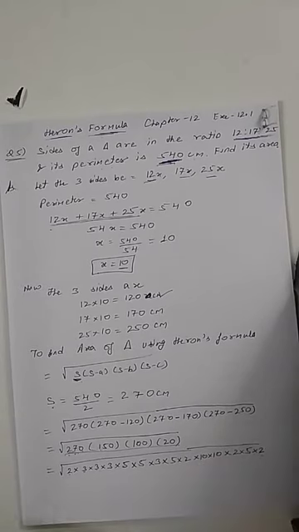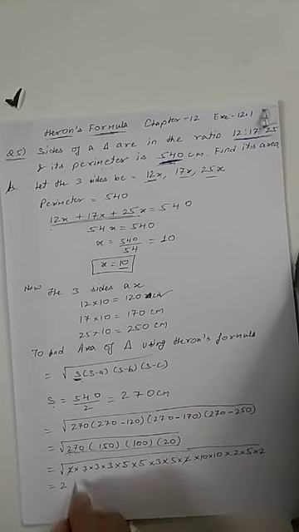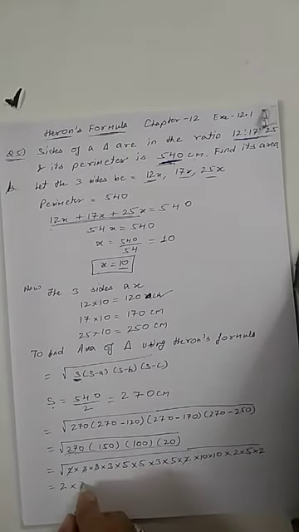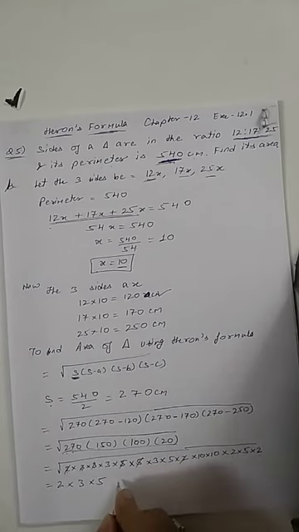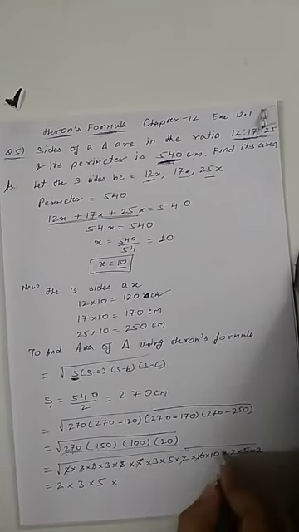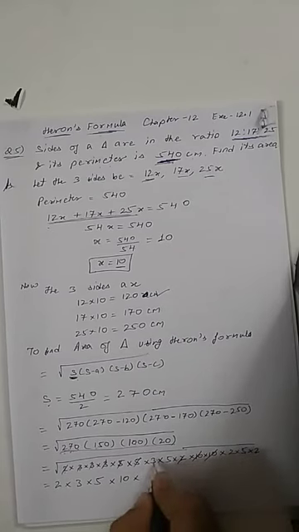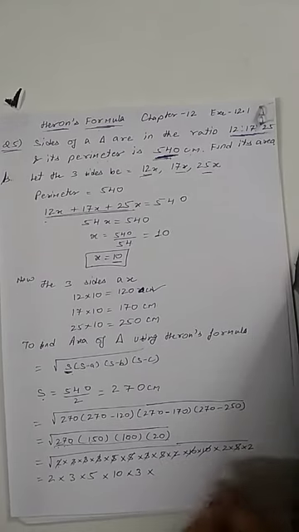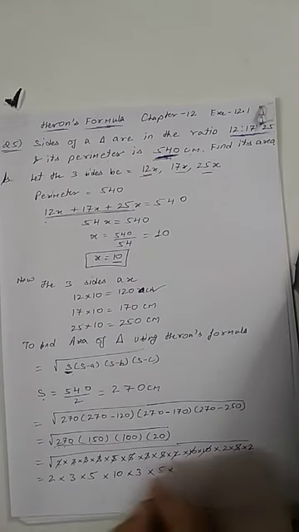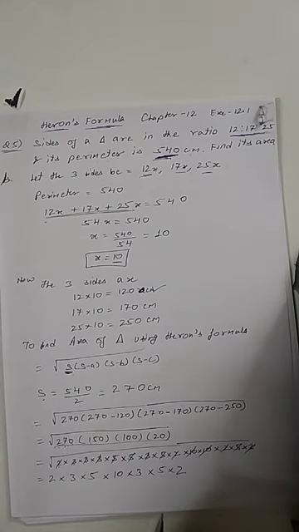Now see the pairing. This 2 and this 2, so 2 comes out. Multiply this 3, this 3, so 3 comes out. Multiply this 5, this 5, so 5 comes out. Multiply this 10, this 10, so 10 comes out. Multiply this 3 and this 3, so again 3 comes out. Multiply this 5, this 5, so 5 comes out. Multiply this 2 and this 2, so again 2 comes out. So completely we solved the roots.